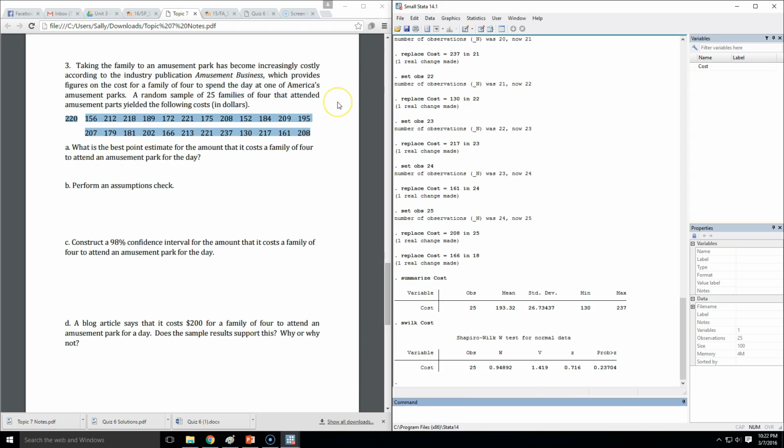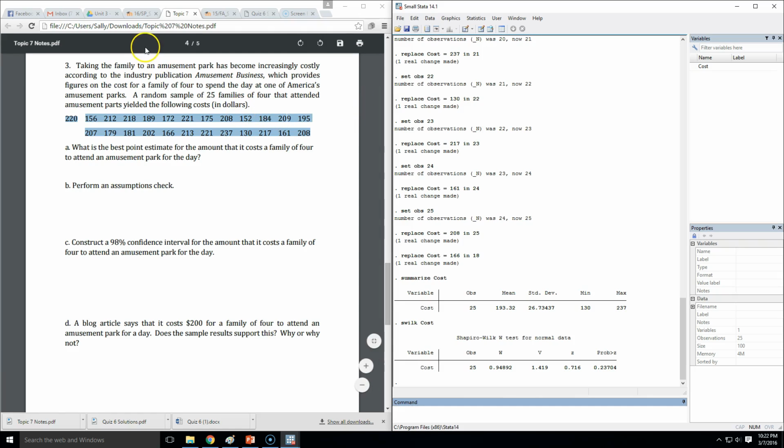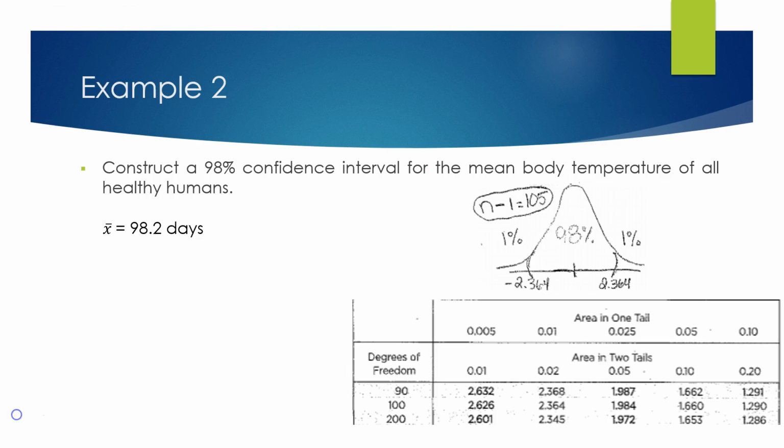So I'm going to leave the rest of the last two examples up to you. If you're having any questions, please feel free to send me an email or schedule a Skype appointment or an appointment at my office hour. It's just up to you to show your error formula and the construction of your confidence interval. So once you have this piece,